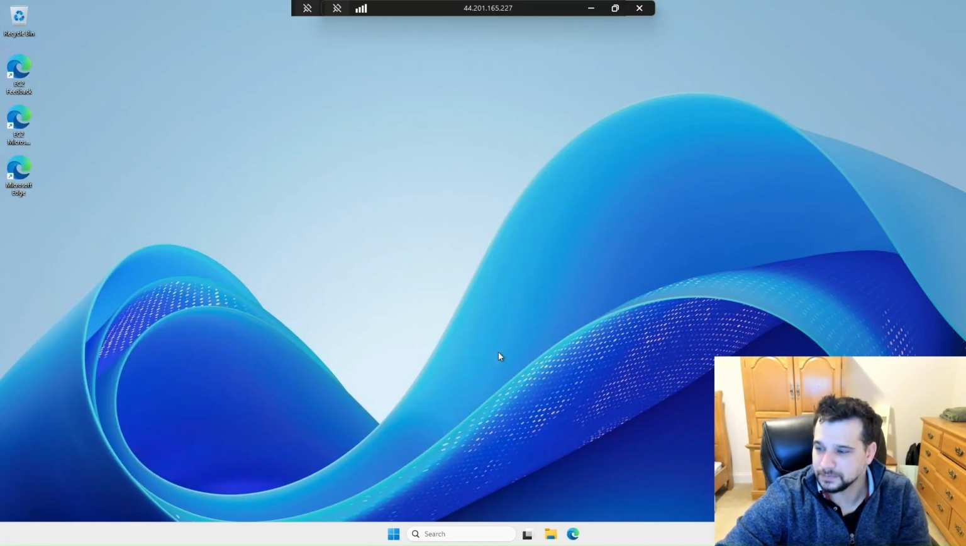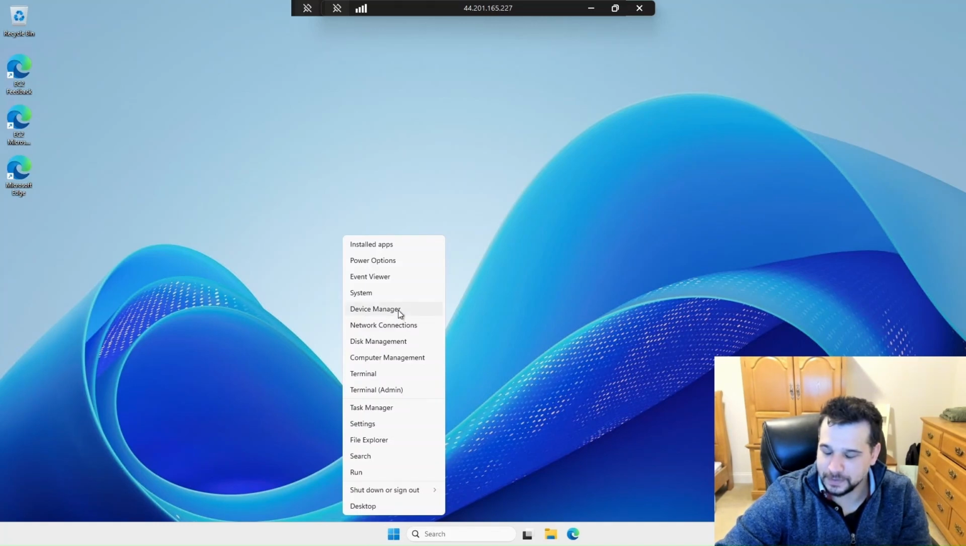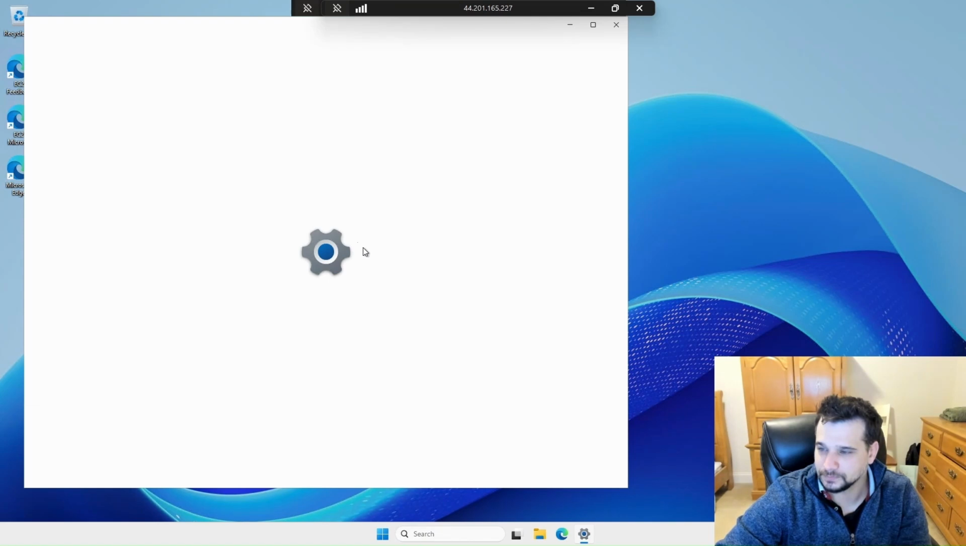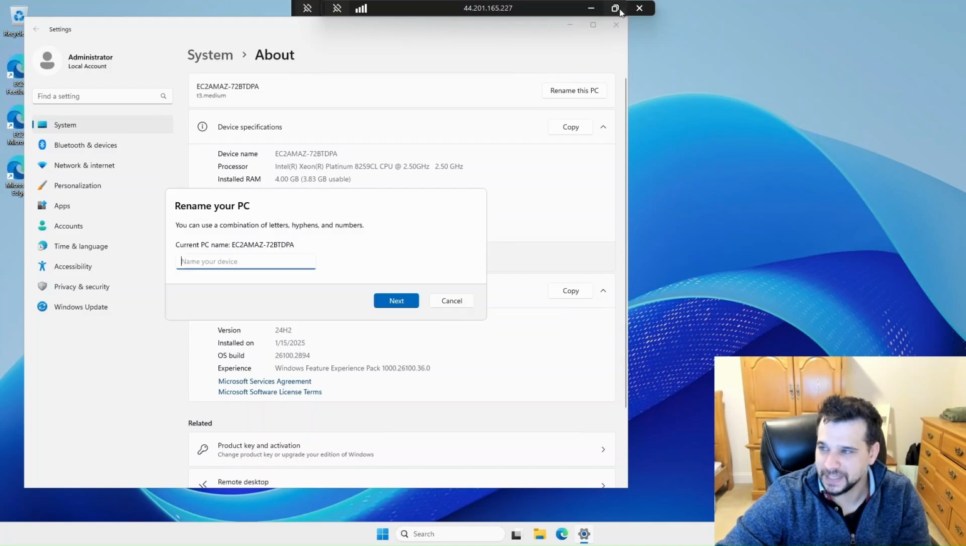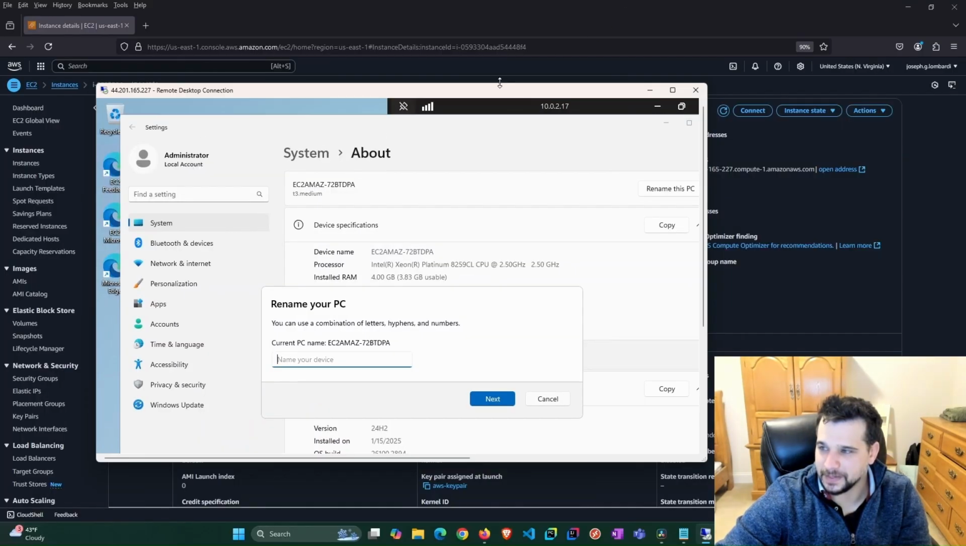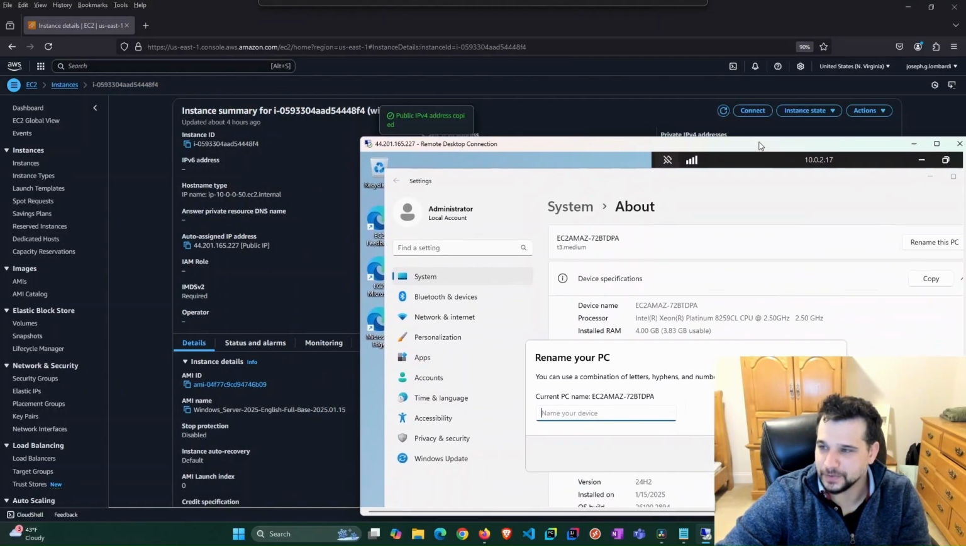Okay. So you can see it's a late night for me. It's almost 2:30 a.m. And we'll just change the computer name. Right click on Start, go to System, and rename this PC. And we're going to name it what we named it over here. So that would be